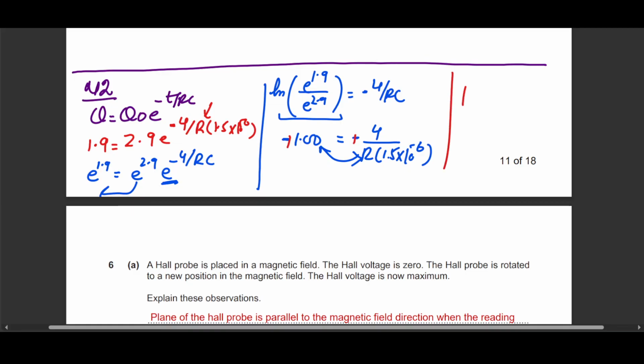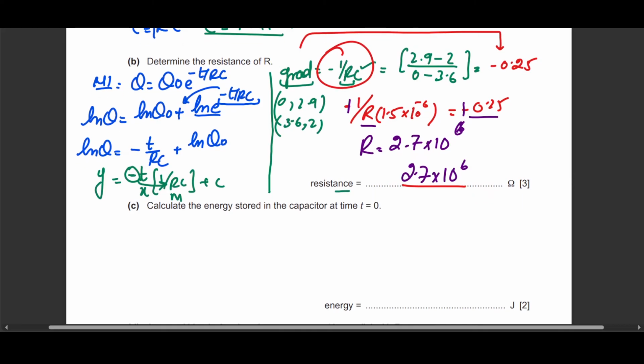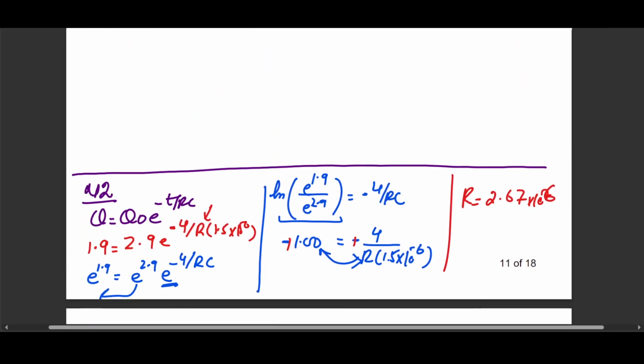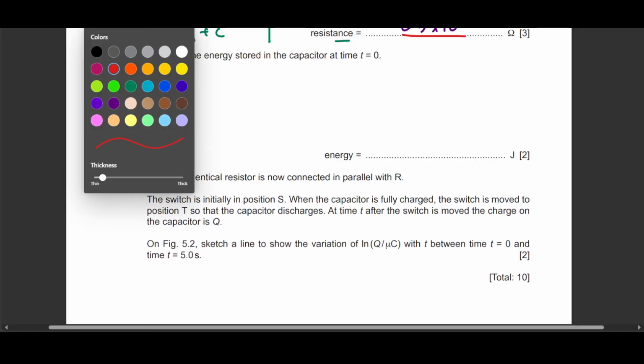So even in this situation, R comes out as 2.67 into 10 raised to power 7, which becomes 2.7 into 10 raised to power 6. So it does not matter, method this one or that one. I've solved it both ways. Okay. So the next question is